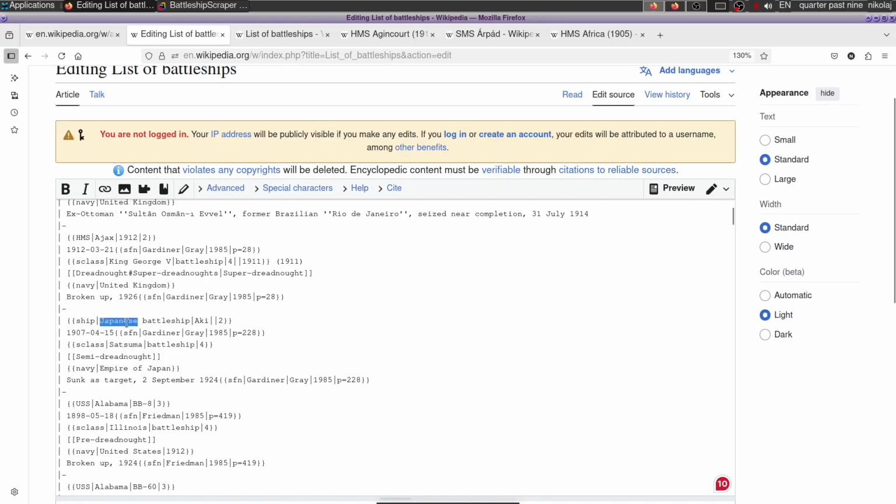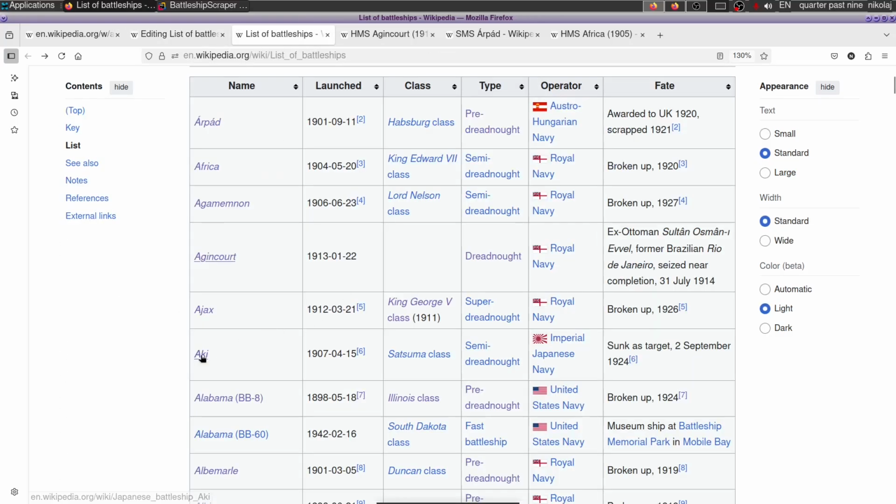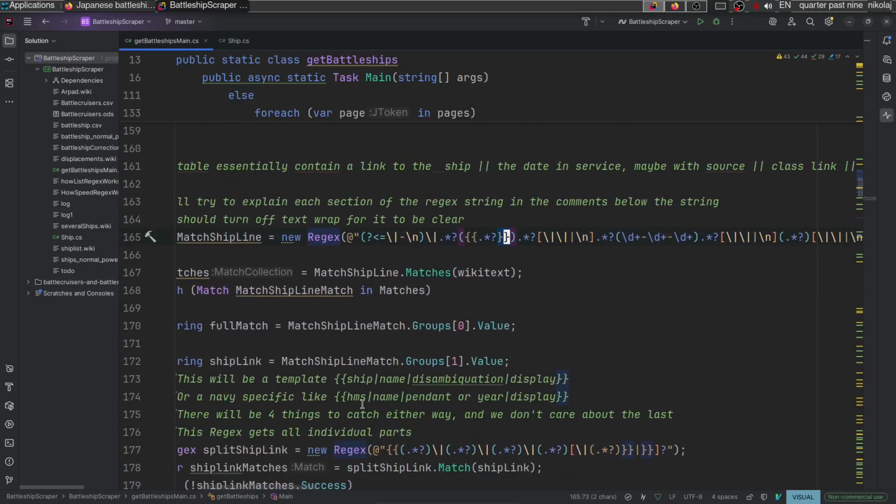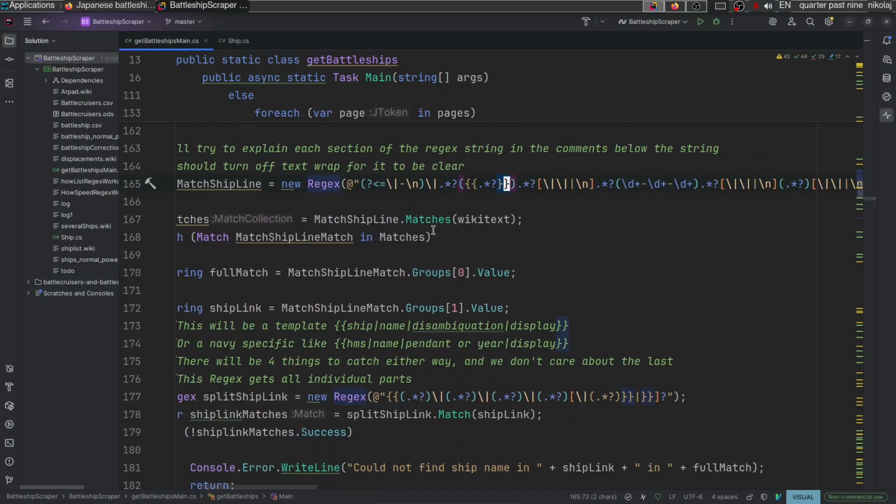In that case, the link is Japanese_battleship_the name of the ship, possibly followed by an underscore and the disembarkation, but there is no disembarkation in this case. So if we click this, we see that this is the URL. So it's a fairly trivial matter to take this first capture group,